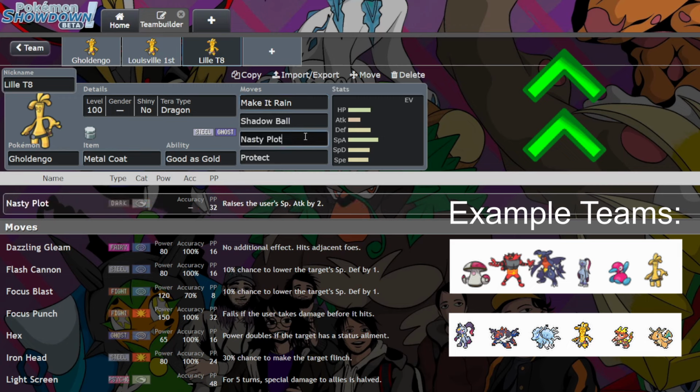It's got the Nasty Plot just so they can't scout and effectively stall me out and just say, hey, we're going to wait and see what they're locking into. We still have that chance of getting that setup off. And then once again, you've got that defensive Terra. Dragon and Water both at the forefront of the defensive Terras. We have seen a couple Terra Steel Metal Coats. Don't get me wrong. I don't think the offensive one is going anywhere, but I think this hybrid one is